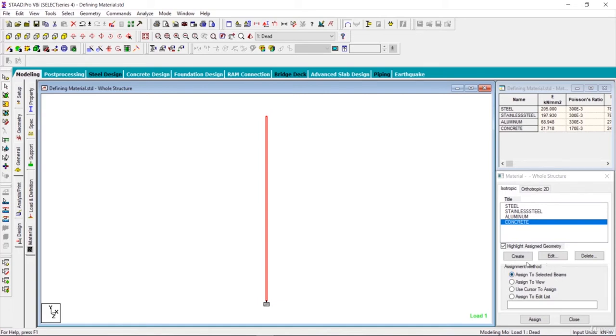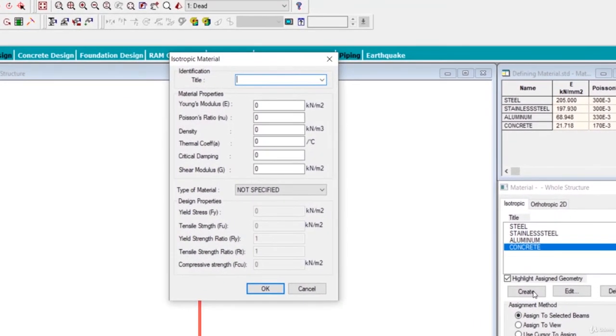For that, I'll just click on create and I'll name this, suppose it's a sesame wood. Sesame is kind of a tree. I don't know what it is called in English. If you do a Google search, you will definitely find this tree. From Google you can get the Young's modulus of this tree. I'll just assume that Young's modulus of this tree is 100,000. I'm just taking this as an example. You have to do a Google search, and from that you can get this information.